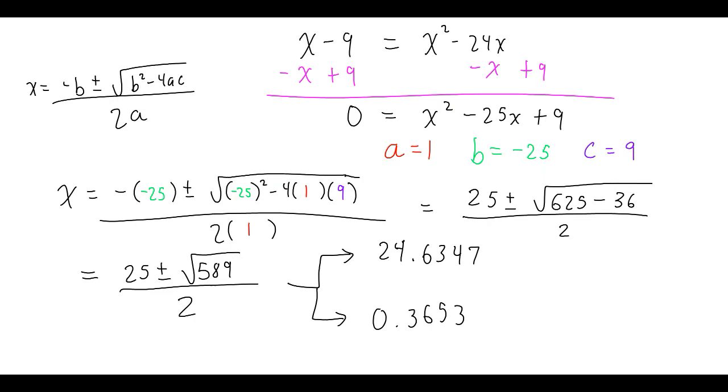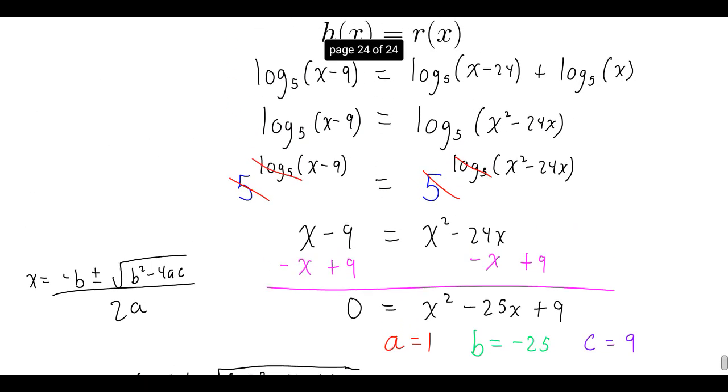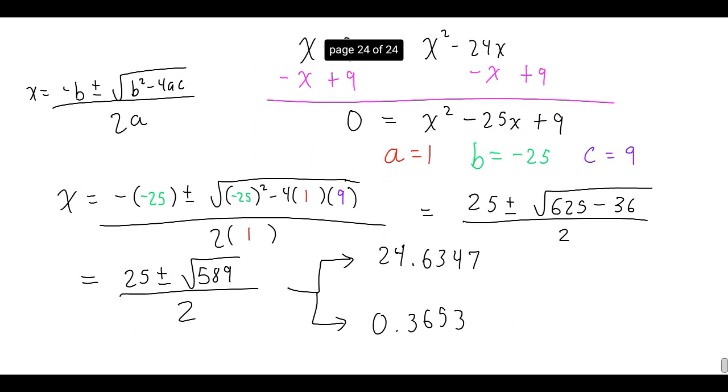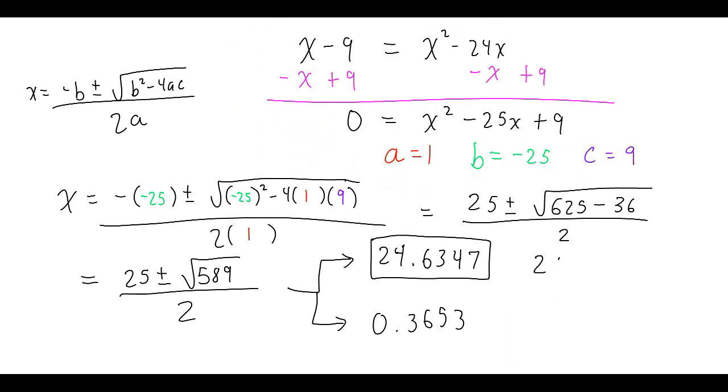If I plug in 24.6 into the original logarithm, do I get anything other than a positive number? If I plug in 24.6 here, that's fine, because I end up with a positive. 24.6 minus 24 would give me a positive 0.6. Same thing's true here. If I plug in 24.6, still have positive values. So I know that 24.6 is fine, and the number that it, of course, represents, which is 25 plus the square root of 589 over 2. Now let's check